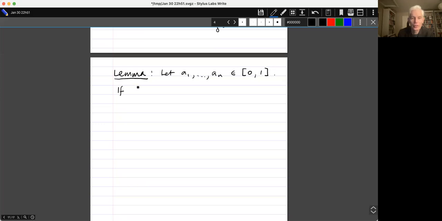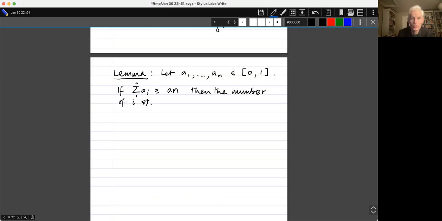If the sum is greater than or equal to an, then, which is the same as saying that the average is greater than or equal to a,